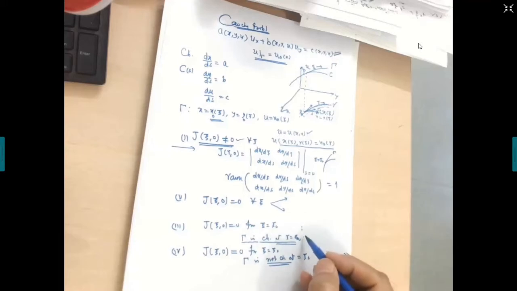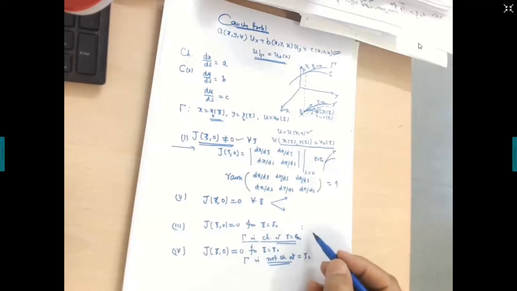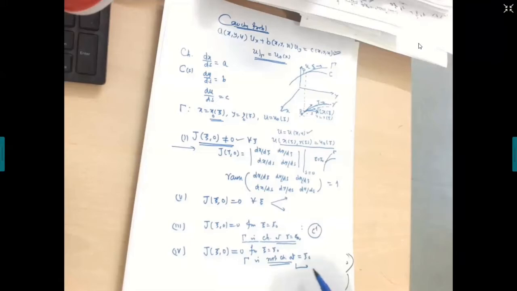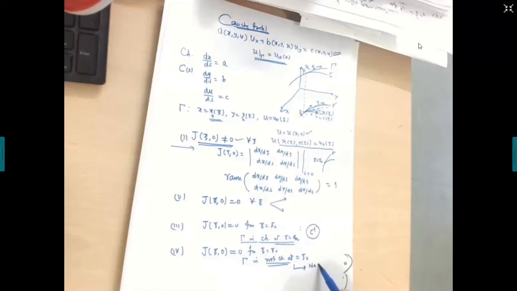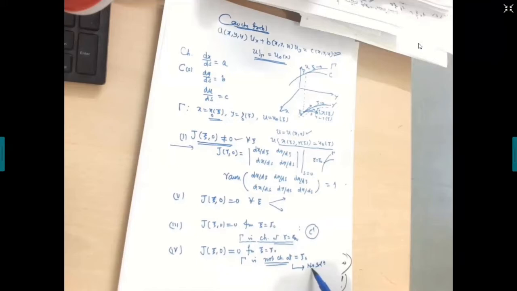And in the third case, what did you say just now, a few moments ago? There exists a solution of type C1, if the rank condition holds. I said this. Here, what do you say? There is no solution. Why do you say that there is no solution?